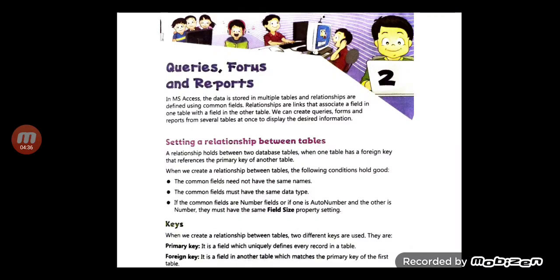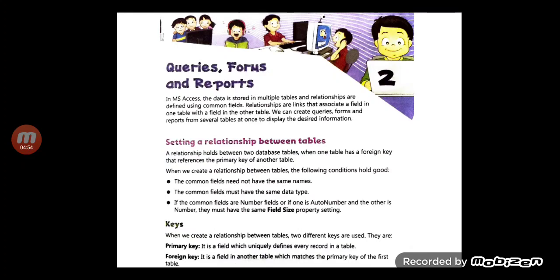If the common fields are number fields, or if one is auto number and the other is number, they must have the same field size property settings. Now let's see about two kinds of keys. First is primary key, second is foreign key.